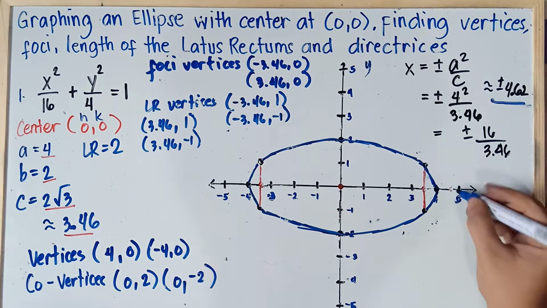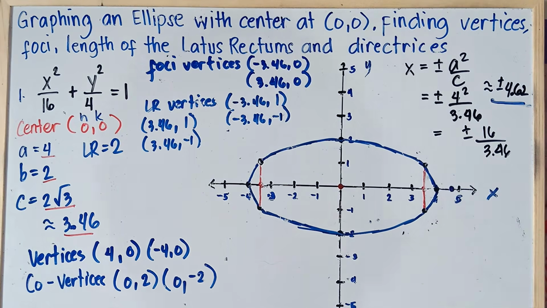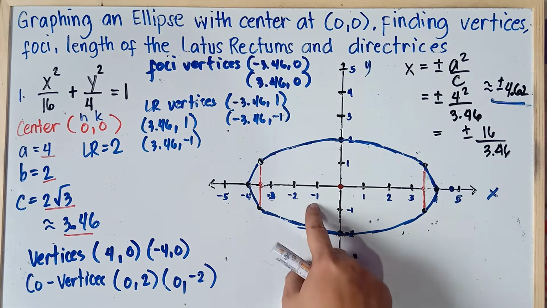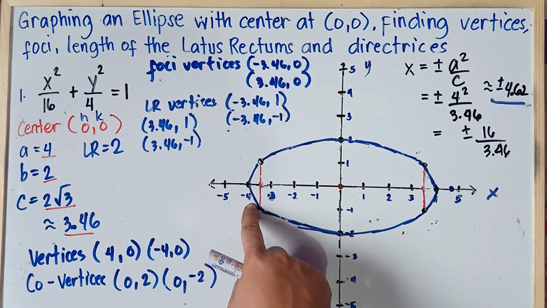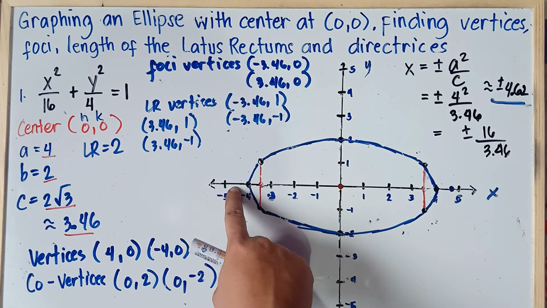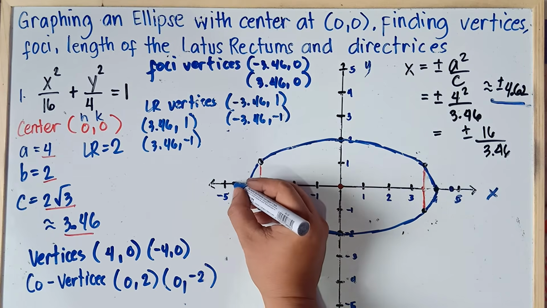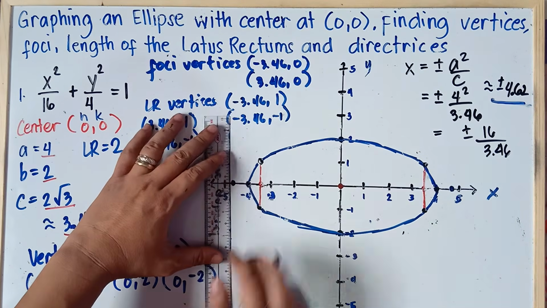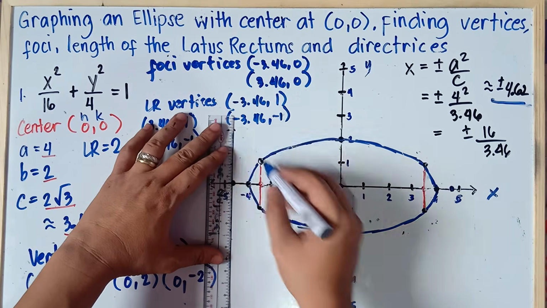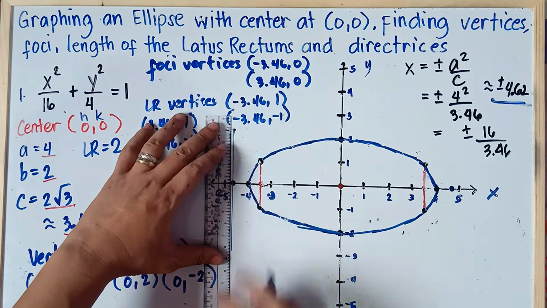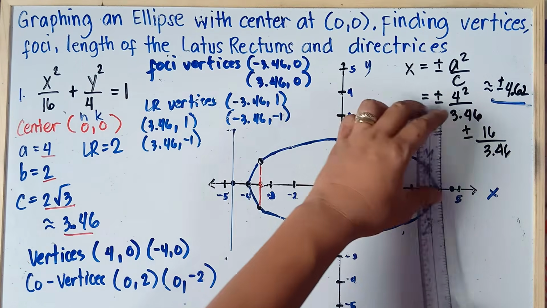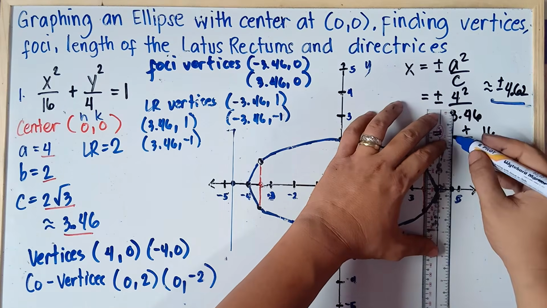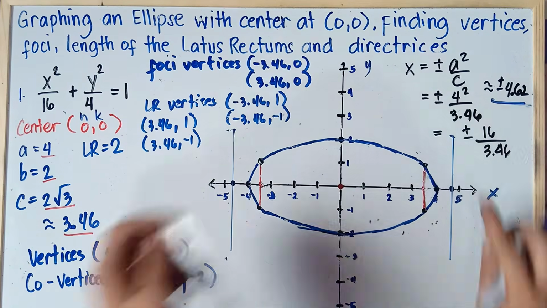Alright, let me just label it in blue. This one right here. And on the left side, 1, 2, 3, 4. Then 0.62, 0.5 is in the middle part. 0.62, this one right here. That's it, class. And then you sketch this one. Okay, the directrix is parallel to the latus rectum. That's it. And the other one. That's it, class. All set.